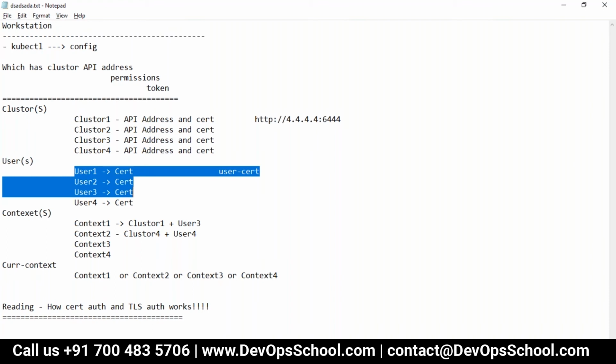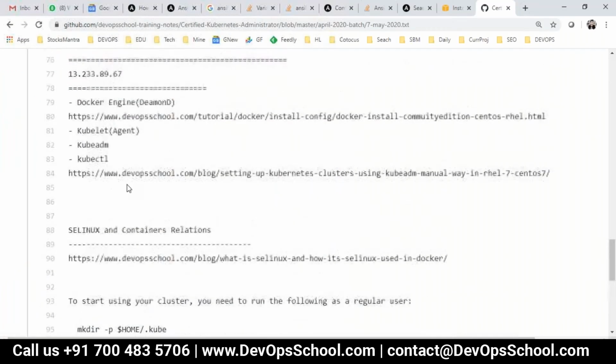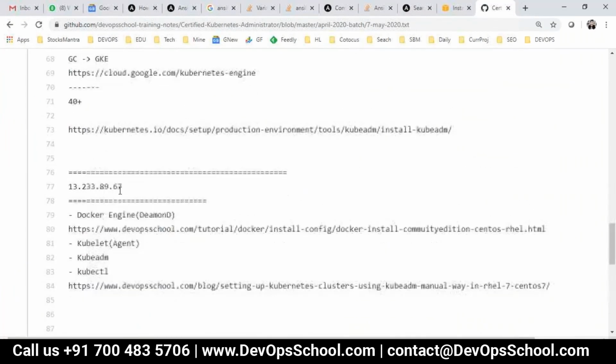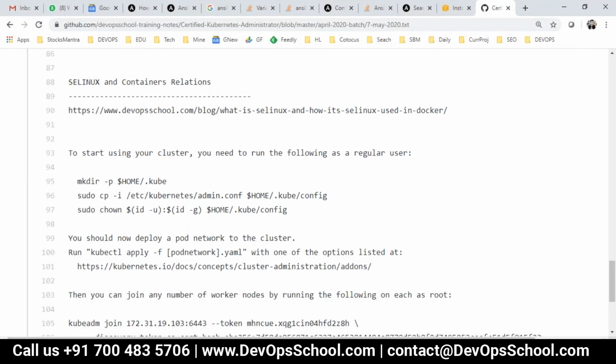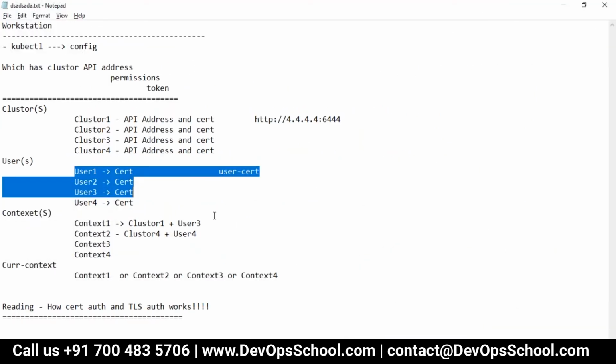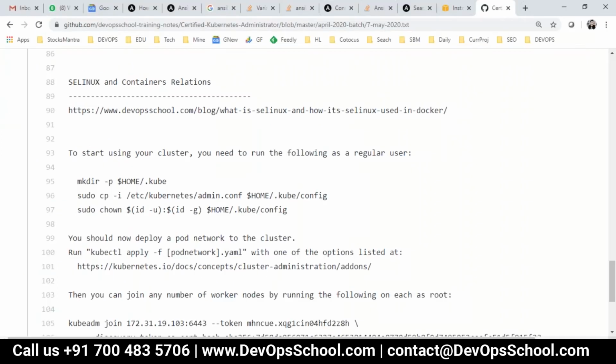When you set up a cluster using kubeadm init, one user and one certificate is created by Kubernetes. Again, I'm repeating: whenever you set up a cluster, one user and one certificate is created by the Kubernetes init process.